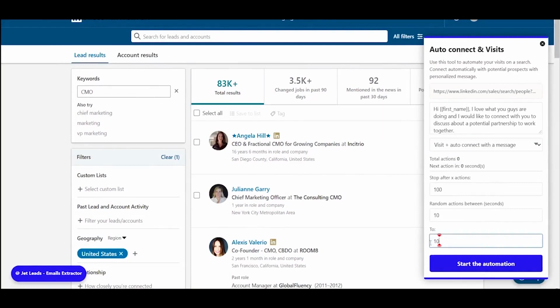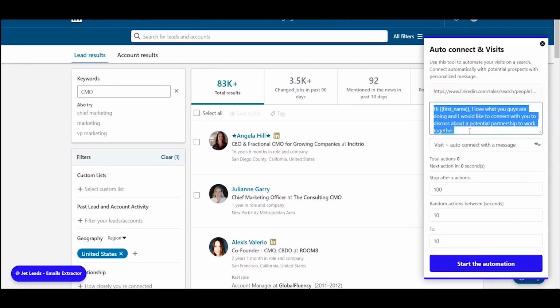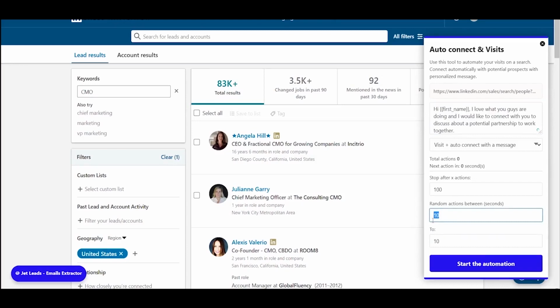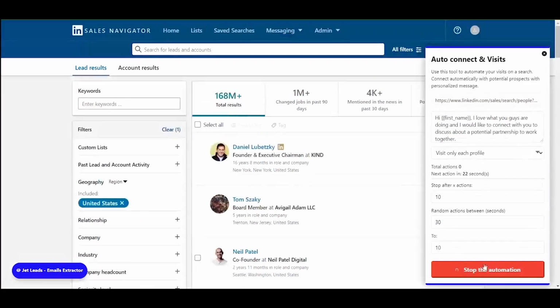For example, I will choose to send 10 people connection requests with a message along with an interval of 30 seconds. The tool also helps in creating visits to their profile without sending them connection requests and messages. This will make your profile visible to them, and all of this can be done using automation. Both these LinkedIn tools can be used to create more meetings and opportunities and increase your sales.